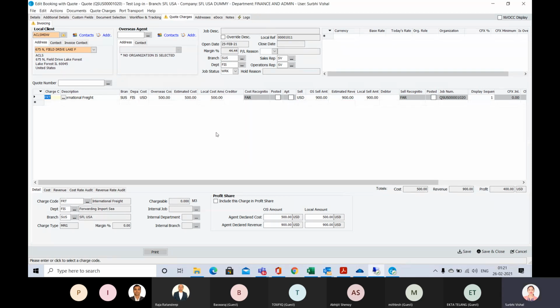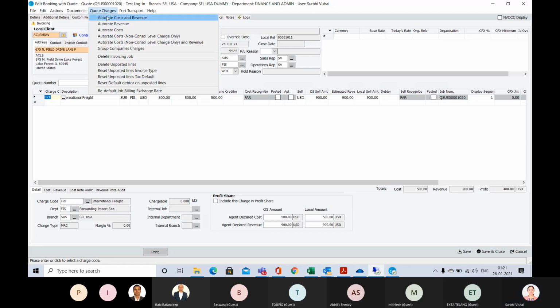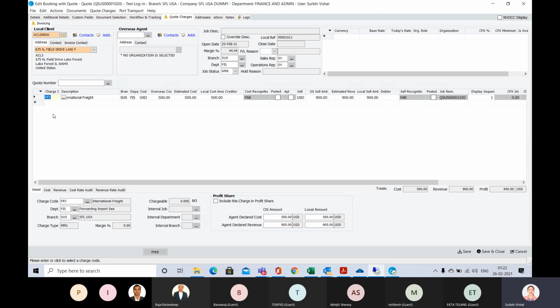And there is one more way, that is the auto rating option. The auto rating option will be available once your buy rates and sell rates are there at the pricing tariffing stage. If the costing and revenue is present there with the same trade lane, then auto rating will work. So these are the three ways you can bill to the client.